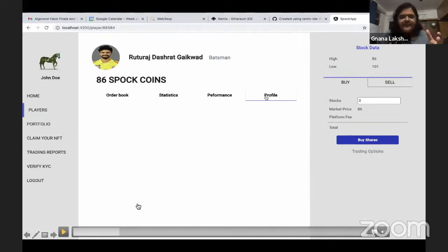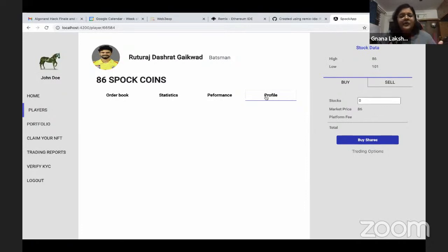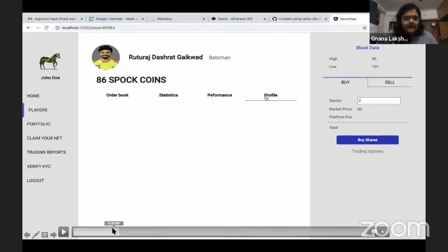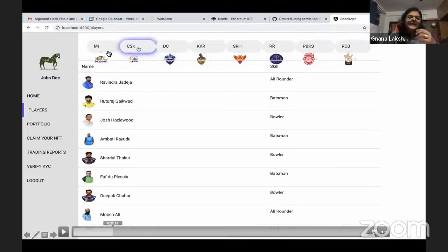What we have done rather is we have built this POC based on a particular popular cricket game known as IPL. This is an ongoing game actually, the Indian Premier League, and this is why we picked this. And there are different teams, as you can see on the parent screen, like Mumbai Indians, Chennai Super Kings, CSK, Delhi Capitals, and Kolkata Knight Riders, KKR.